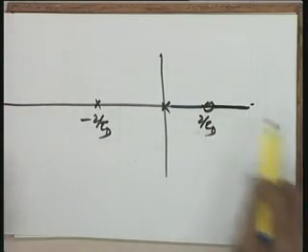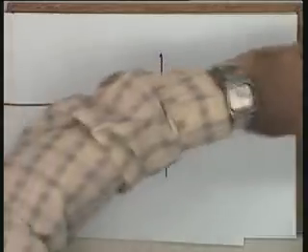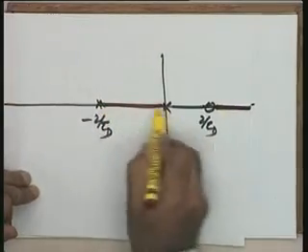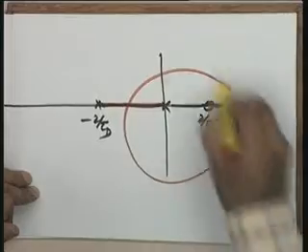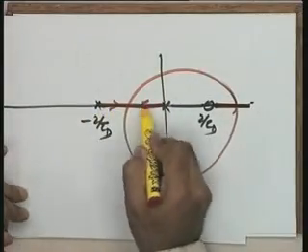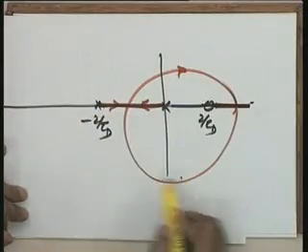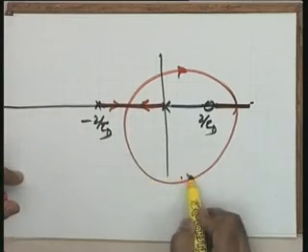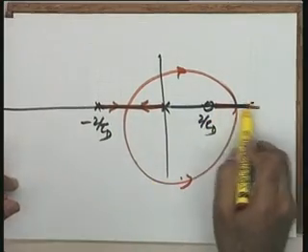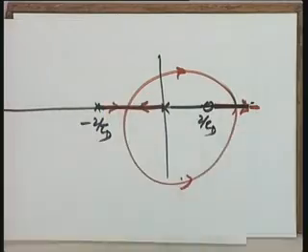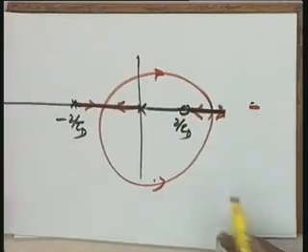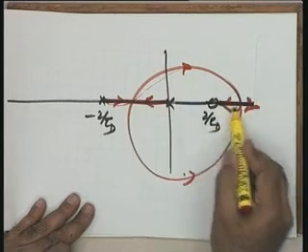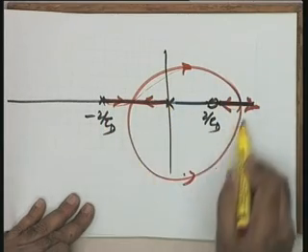So, if the real axis segment search is changed, in this particular case you find that this segment is there on the root locus, this segment is there on the root locus, and therefore, your root locus branches are going to look like this. This is going this way, this is going this way, one is terminating at infinity, the other is terminating at infinity on this side. I hope this is clear. Just see, one is going this way, going to the zero, the other is going this way, going to infinity.